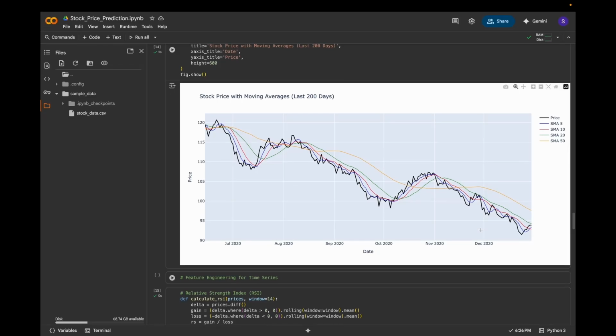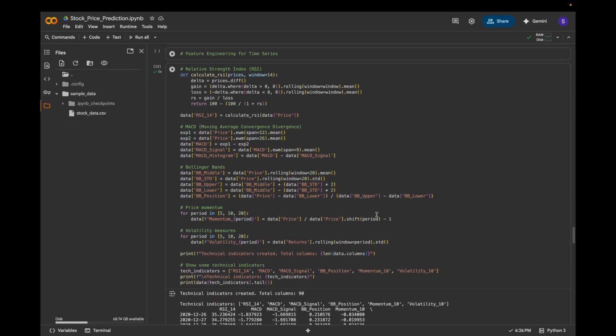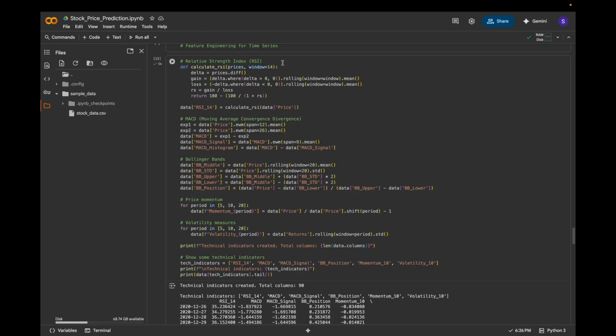Then we move on to feature engineering for time series. We define calculate_rsi with price and window 14. So delta is equal to price.diff, gain is equal to delta where delta is greater than 0, rolling window mean, loss is equal to negative delta where delta is less than 0, and rolling window mean. RS is equal to gain over loss, and return is equal to 100 minus 100